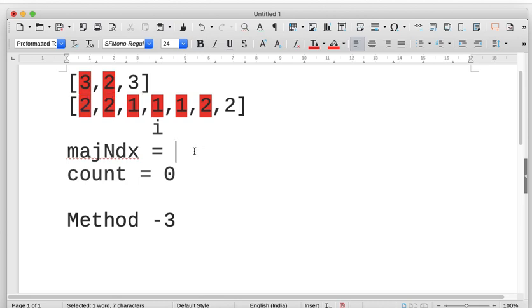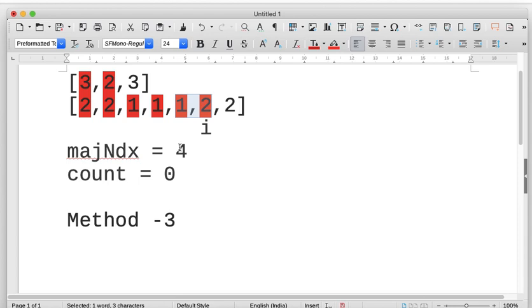So now I'll assume the new one, the i plus 1th element, as the majority candidate. So this is 0, 1, 2, 3 and 4. I'll start from the next element onwards, and this element is present once, right? So I put the count as 1 and I check from next, is it the same? No, right? So then I'll decrement the count, so it became 0. For this element that I assumed majority, I already got a pair for it, so that nullifies it. So when the count is 0, I bring it to the next one. This cannot be the majority element at all, because there is a pair that nullifies it.